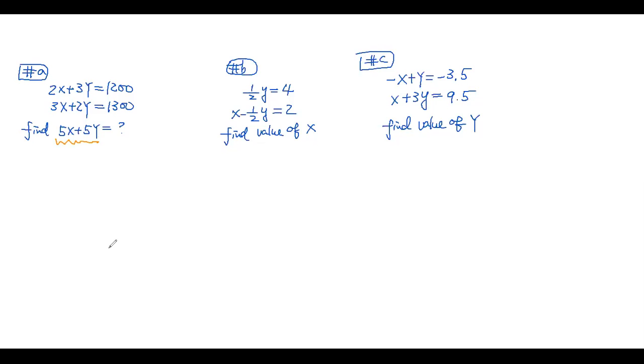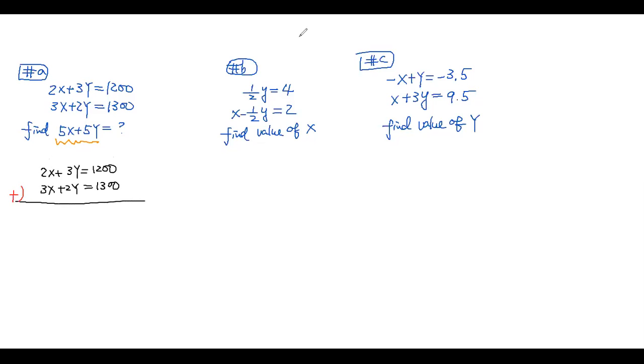Then after you look at the problem, you say, hey, here, 2x, 3x is 5x, 3y, 2y is what? Is 5y. So maybe I don't have to use substitution or elimination. So I see these relations here, right? And so this is 1200, and this is 3x plus 2y equal to the 1300s, right? Then you say, oh my gosh, if I